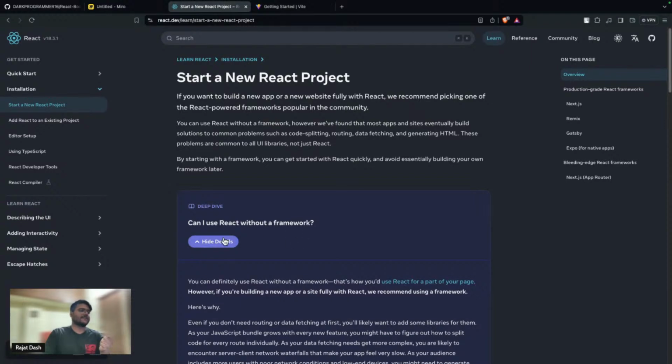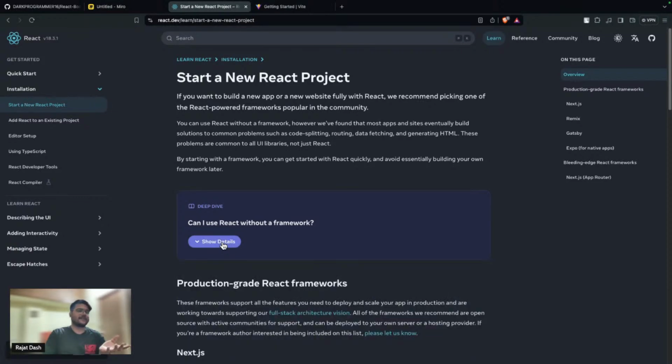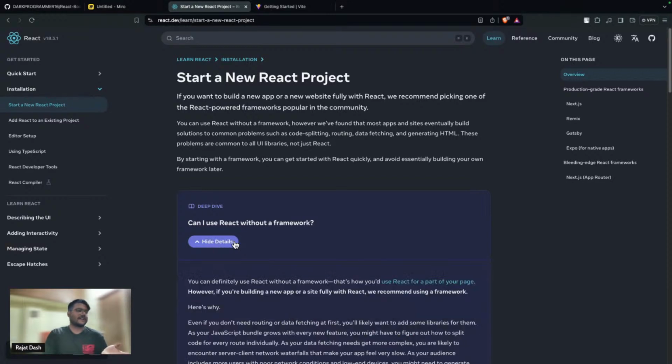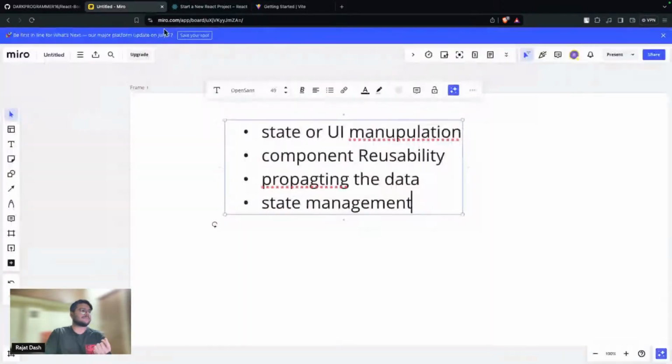For example, if I take this button as a component and use it multiple times, I might not want show details or hide details to be there for any other section. It might be some other data. So at that time, we can pass some data to our components, and that is called propagating the data. Or we can pass some data as props.